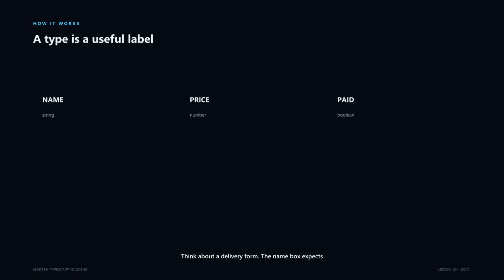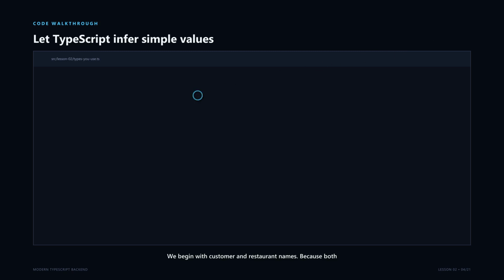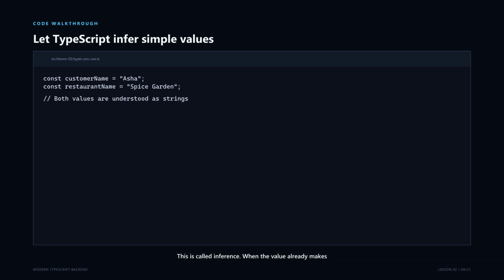Think about a delivery form. The name box expects text, the price box expects a number, and the paid switch expects yes or no. A TypeScript type is simply a clear label that tells our code what kind of value belongs in each place. We begin with customer and restaurant names. Because both values are text, TypeScript understands them as strings automatically. This is called inference. When the value already makes the type obvious, we do not need to add an unnecessary